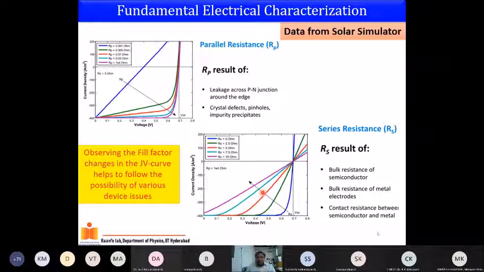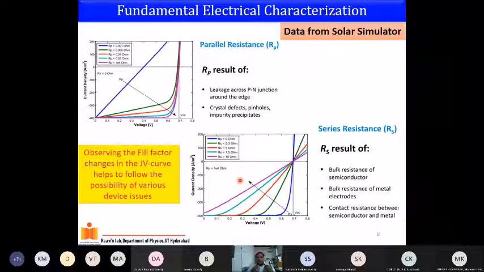So now this Rs is 0, and as the Rs increases, small resistance changes because of your imperfect device packing can lead to shifting like this. This part of the solar cell fill factor starts deviating from the ideal case. So this is going very fast, and typically your fill factor is killed mainly because of the way you pack your solar cell.